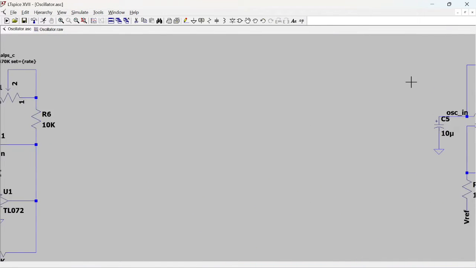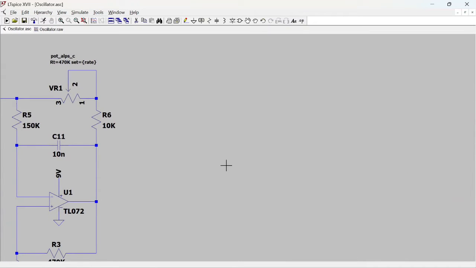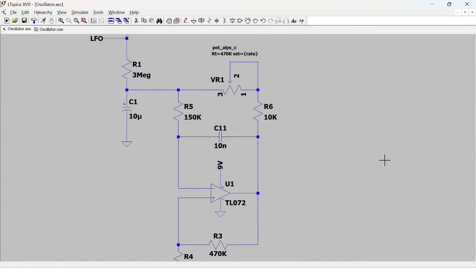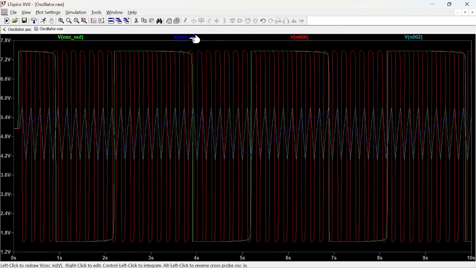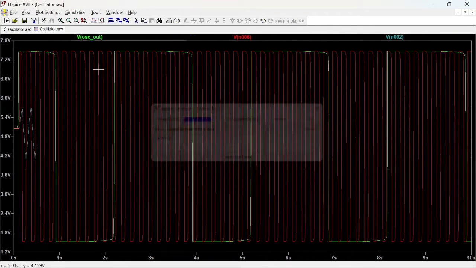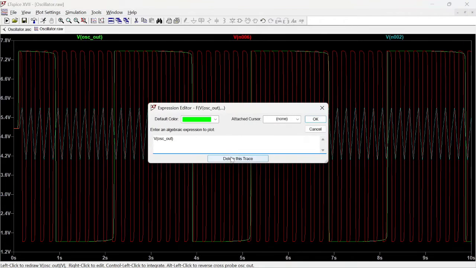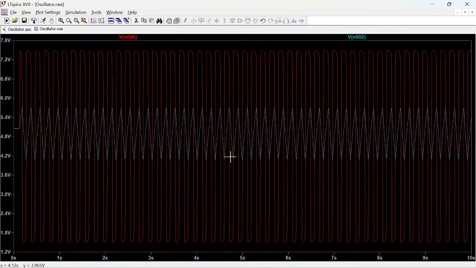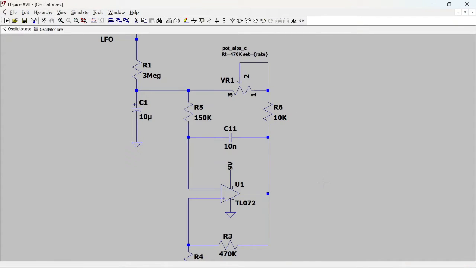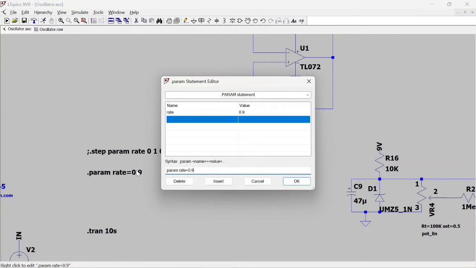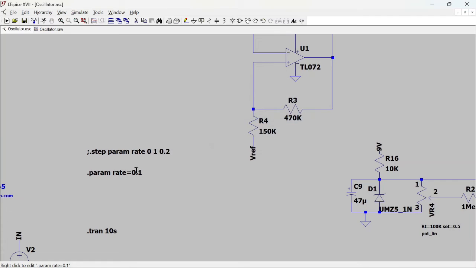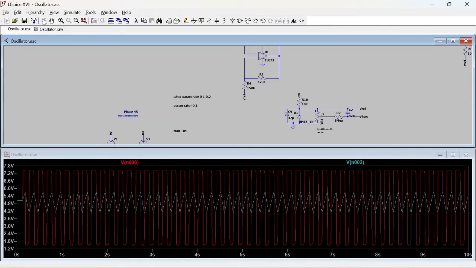Don't hold me to it, but I'm pretty certain that's what it is. And if I plot this, I'm just going to remove these first two. We get the same thing. This is at 90% rate. And if I change the rate to, say, 10%, yeah,